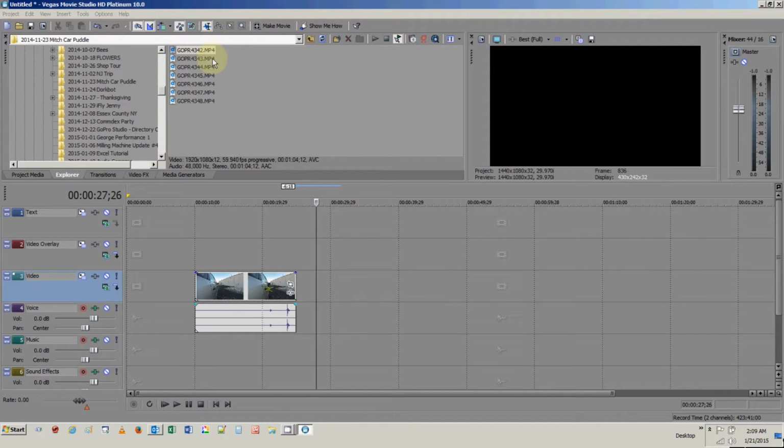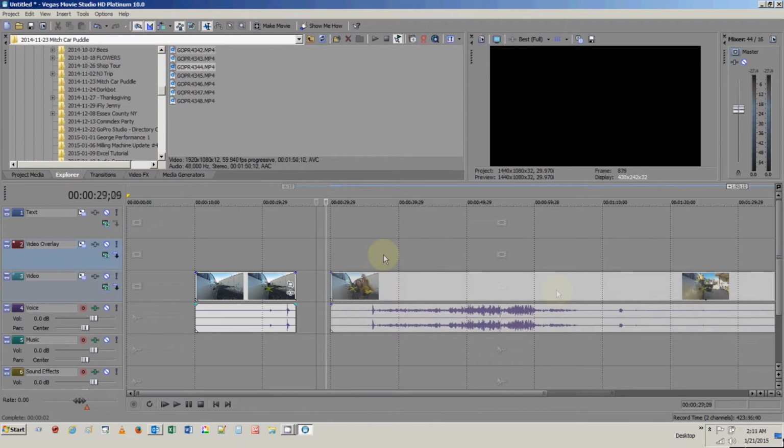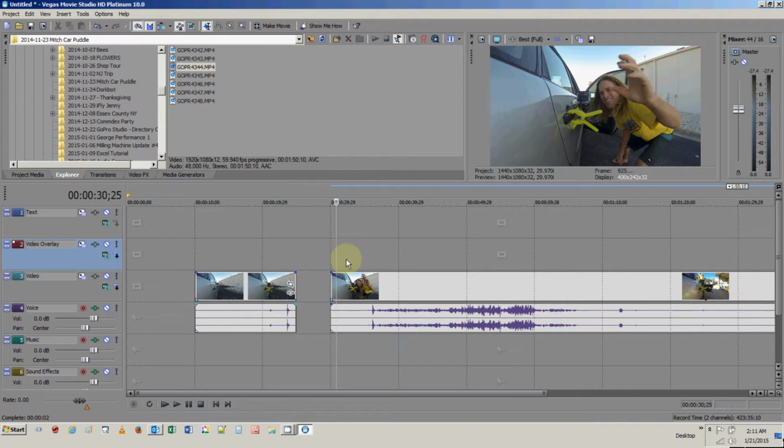And I'm going to continue to do that with these and lay out all the pieces that I want to join. And then once I have them on here, I'll bring you back in and we'll go to the next step. In the next scene, we've got Mitch coming out and turning the camera on and then getting in the car. And at that point, I then take off and drive.